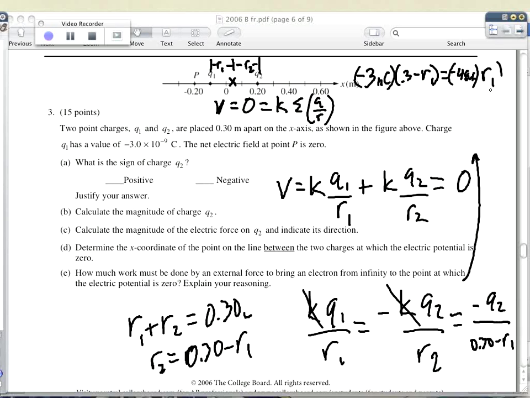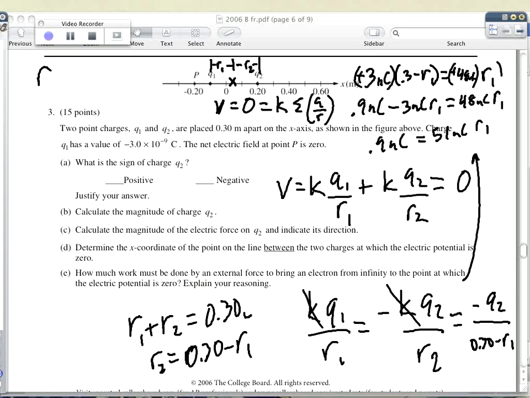So we can just get rid of that if you want. And then just do the math however you want to do it. I guess you just got to multiply it out. So this becomes 0.9 nanocoulombs minus 3 nanocoulombs R1 is equal to 48 nanocoulombs R1. And so then you get 0.9 nanocoulombs equals 51 nanocoulombs times R1. And so R1,